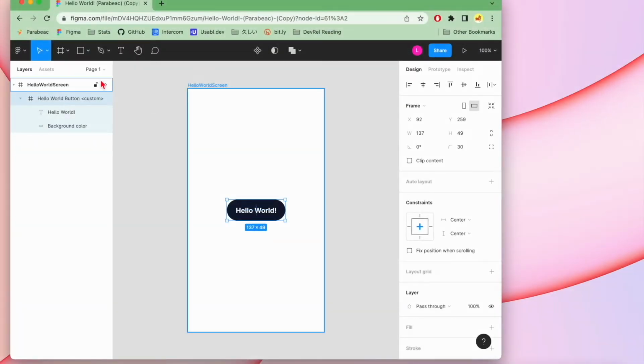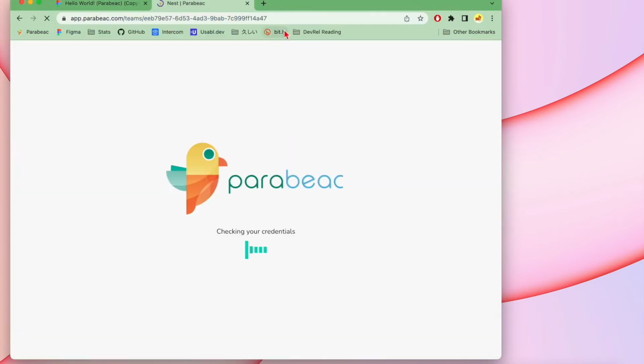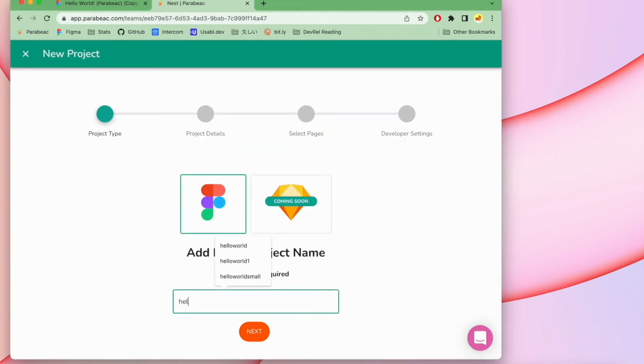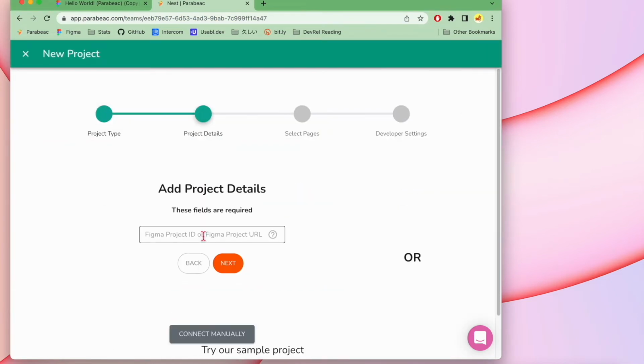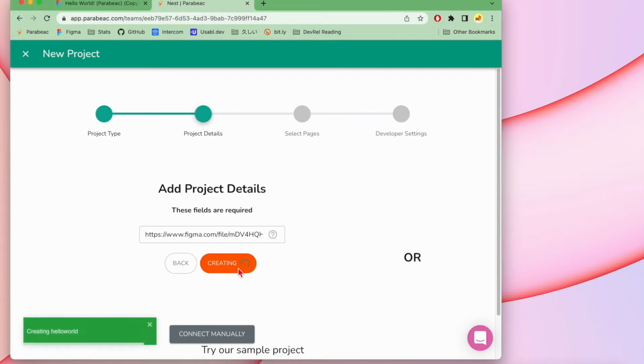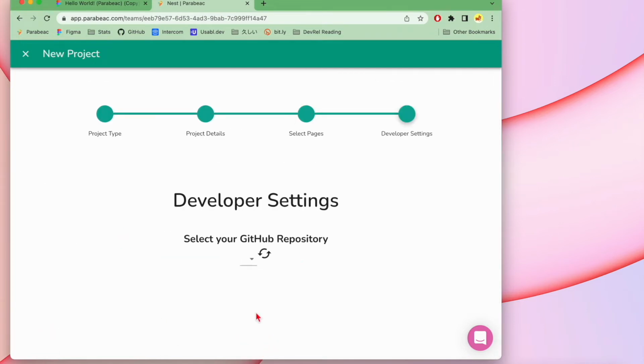Alright, so we already have the app screen that we want to convert on Figma, complete with the correct custom tag naming and constraints in place. So let's go to app.parabeac.com and create a new project, name it, paste in the URL of our Figma file, click Next, select the screens we want to convert, select our GitHub repository,